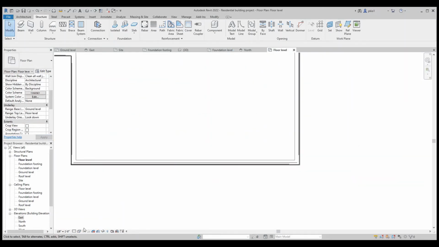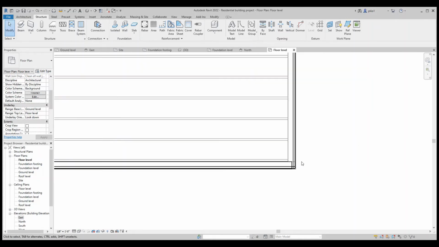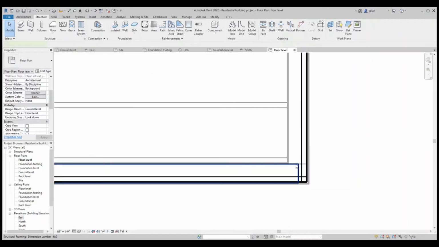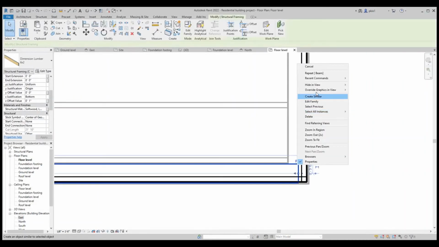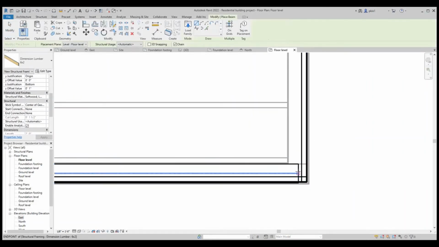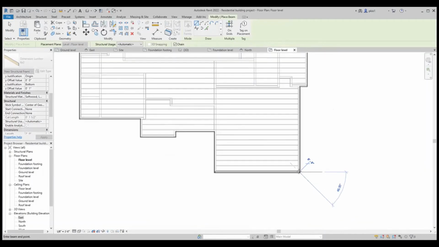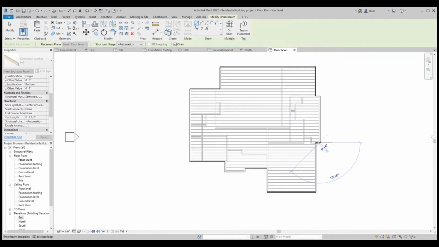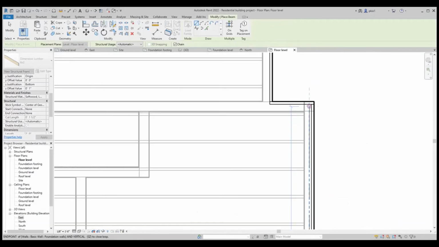and set it to fine so that we can see our bottom plate. And so we select the bottom plate and say create similar. Select. And applying it for the exterior walls, bottom plate.